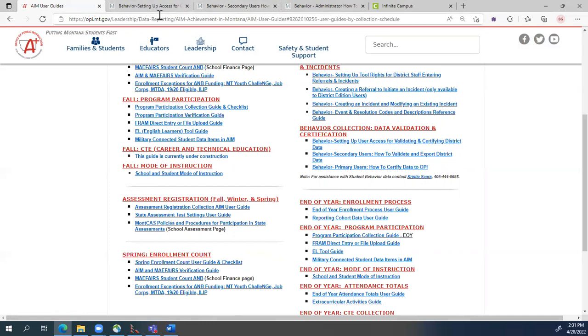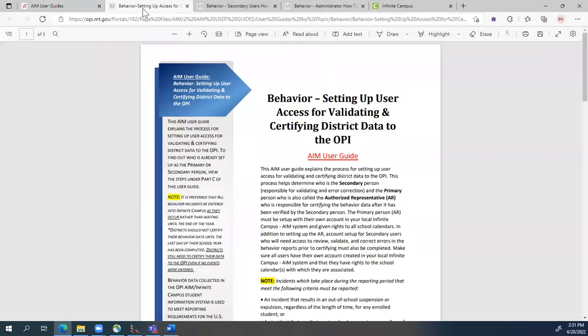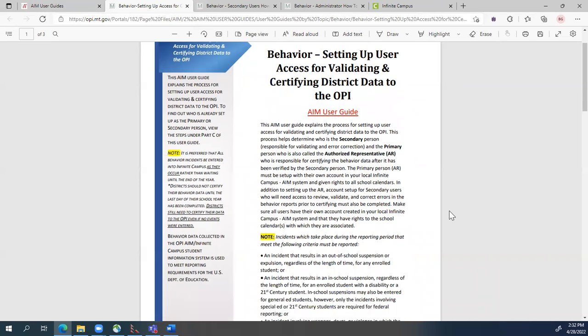Okay, so like I said, we're going to use 3 guides here today. The first guide we're going to be looking at is the setting up of the user access for validating and certifying district data to the OPI. So what does this guide help you manage? Typically in your district, you're going to have personnel or staff who export the data to do the checks. They're going to be doing the verification that everything looks right. And they may also be the person who, if it doesn't look right or something is missing, enters that behavior